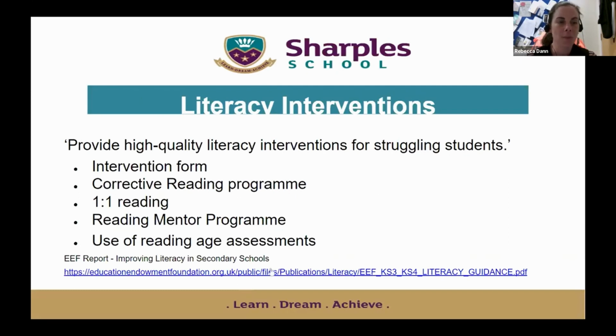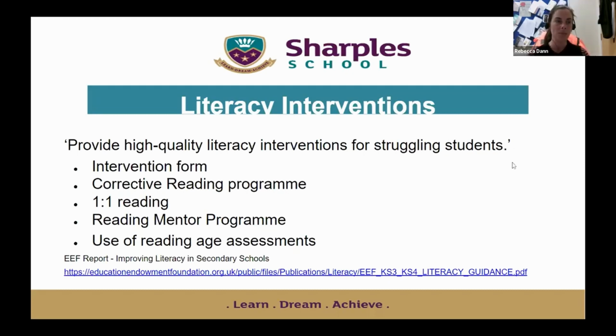And this is from the EEF report on literacy in secondary schools. I've just linked it there. But step 7 of their advice says to provide high quality literacy interventions for struggling students.